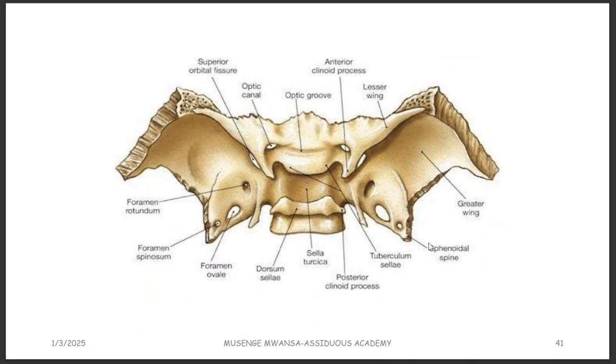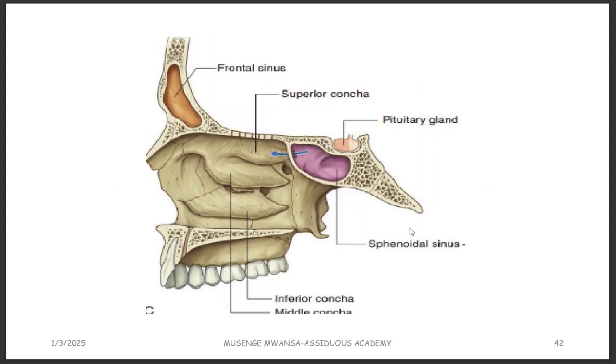Okay. And then again you can see what we are calling the sphenoidal spine coming off from the greater wing here. These are the major parts that you need to know. So just to show you what I was saying, this is the bone here again, the sphenoid bone. You can see in the body we have got the sphenoid sinuses, these ones. They are actually opening in the nose, specifically where